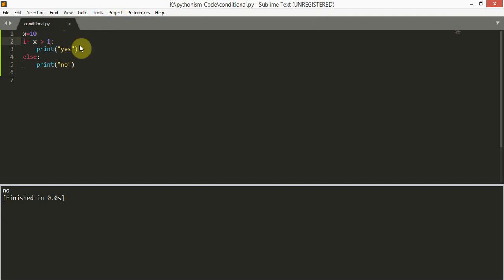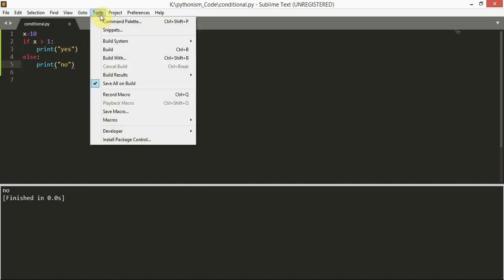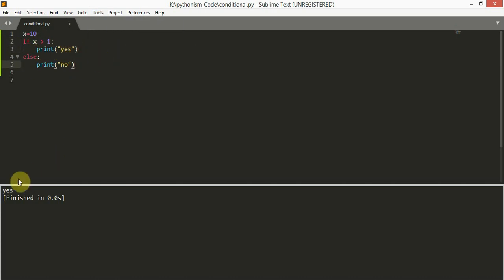Now it will give this statement because this if condition is now true. 10 is greater than 1, so that is why it executes these statements. Otherwise it will execute these else statements. Now run. See, now we have yes because 10 is greater than 1. So this is how the if else statement works.